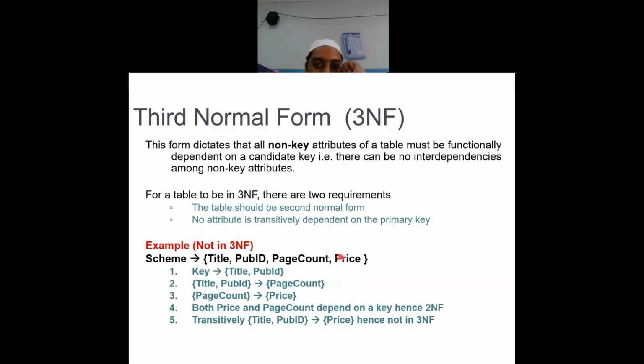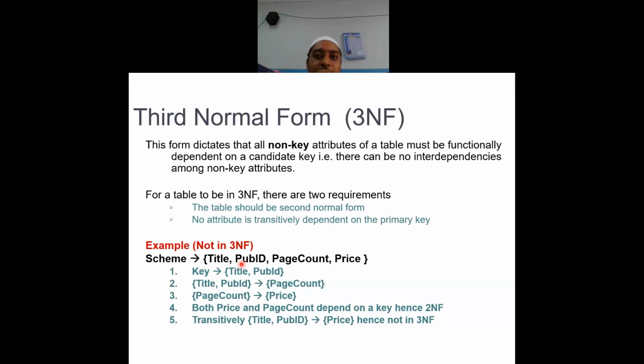Now, along with this, price was dependent on what? Page count. So we copied page count back into the new table. These two are clear, price and page count. Now, how did this publication ID come into the picture? Imagine, these publications have certain criteria. They have certain limitations on the number of pages for each book. They will say that if a book is to be published, it should be 200 pages or so, and so for having so much price.